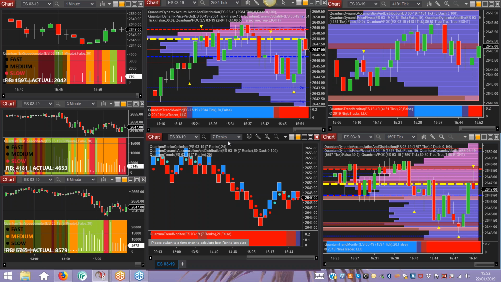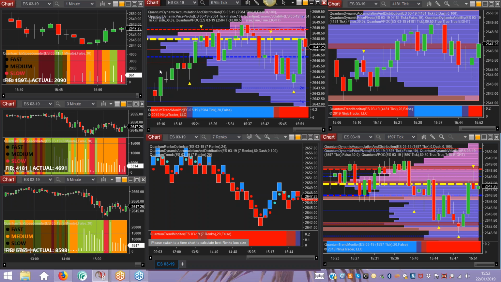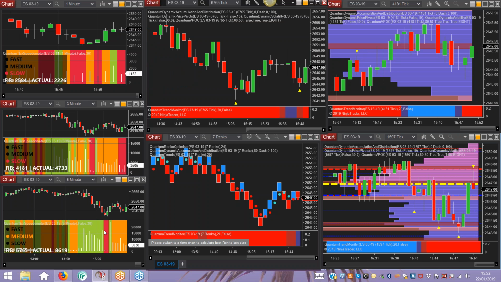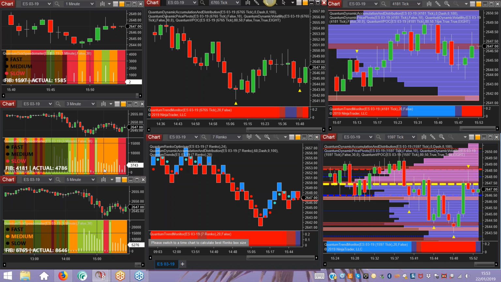All right, this has now gone up to 6765, so we'll just push that one up. Start to see the tick activity building again. What we want to see is this green. We want to see activity. This is where the tick activity is high. Red is where it's pretty dormant. You can see it here. Absolutely tiny amount of tick activity coming through there, and you expect the markets to pause, to go into congestion. You either want to see it running in orange, where it's the average, the norm, if you will, for tick speed, or you want to see the green areas where we're seeing high activity coming into the market. Well, we're still running pretty sluggish. We've got 1597, 4181, and 6765.